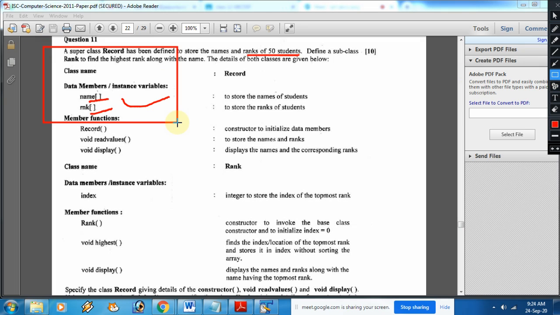Note down this. I was talking about a different question by mistake. Try, everybody. Do it, beta.